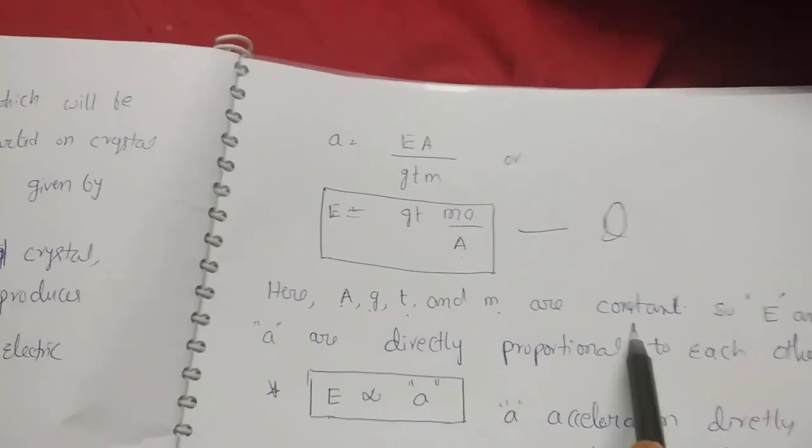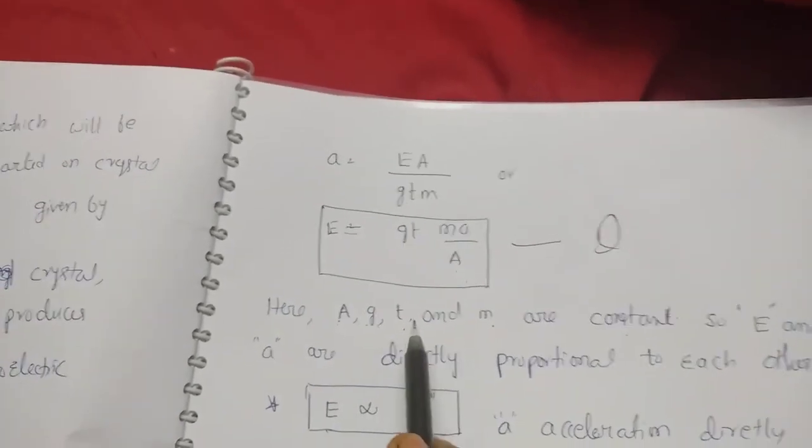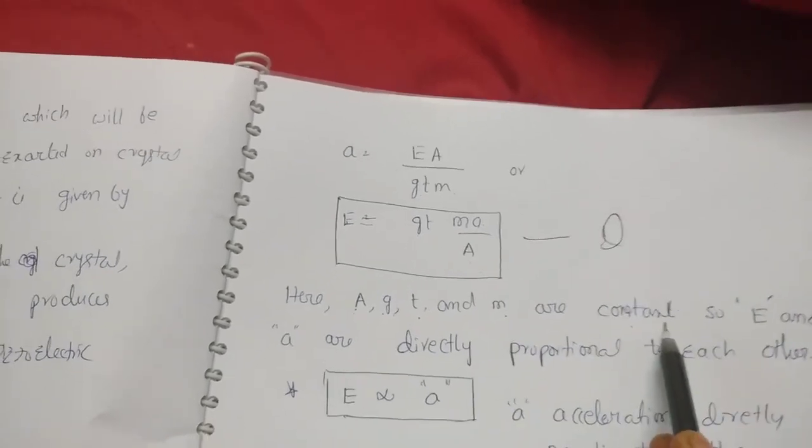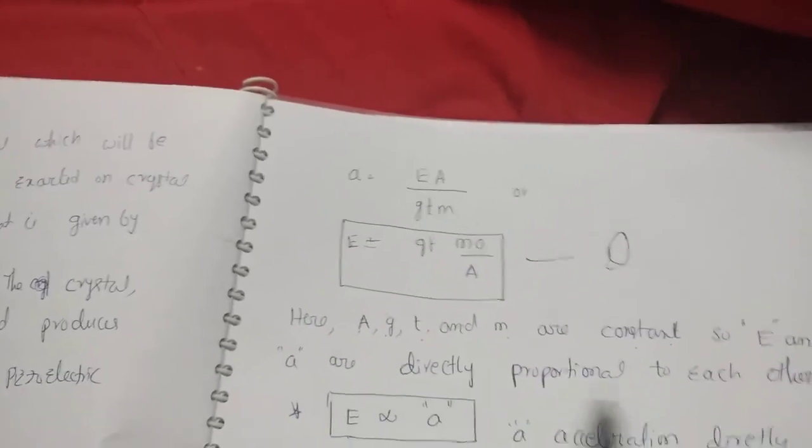All these are constants. So in the above equation A, g, t and m are constants, so E is directly proportional to the